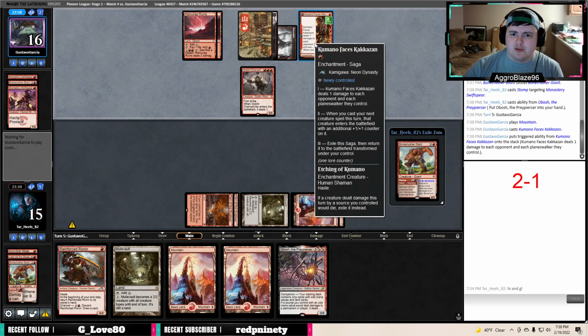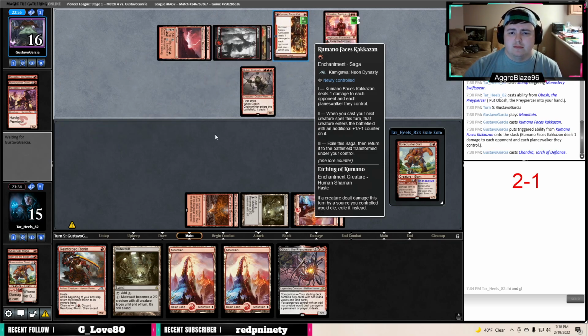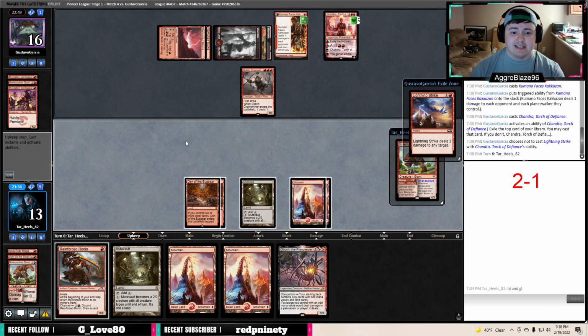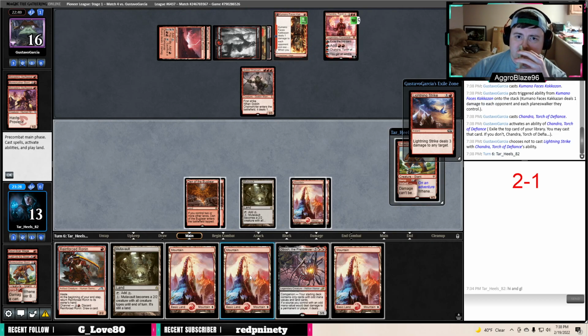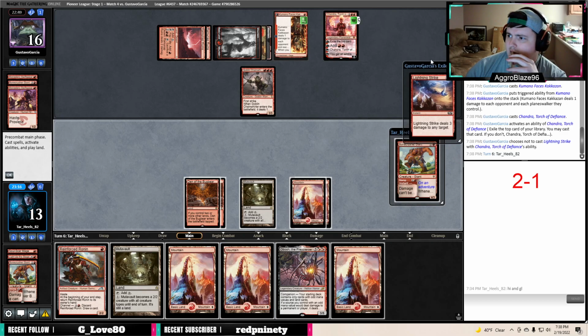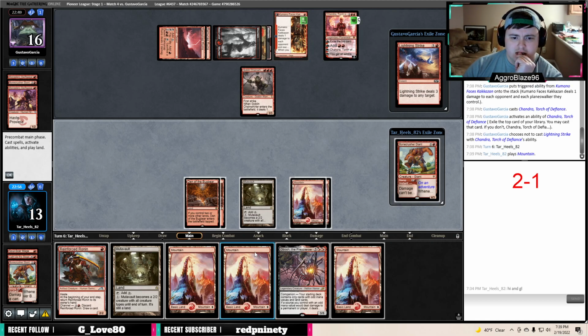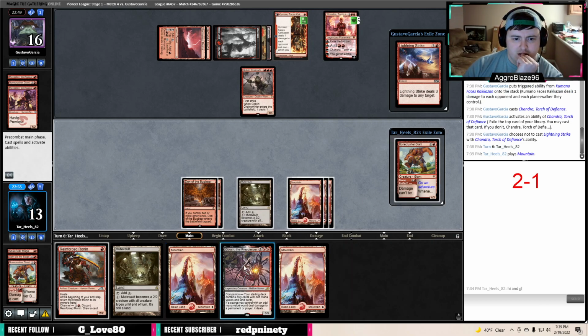Deals 1 damage to each opponent and each planeswalker they control. That thing plus Chandra. Whenever you cast your next creature spell this turn, that creature enters the battlefield with an additional 1/1 counter on it. That seems bonkers. Alright, we're going to put a Lightning Strike up here. Well, well, well. So, if we play Obosh here,